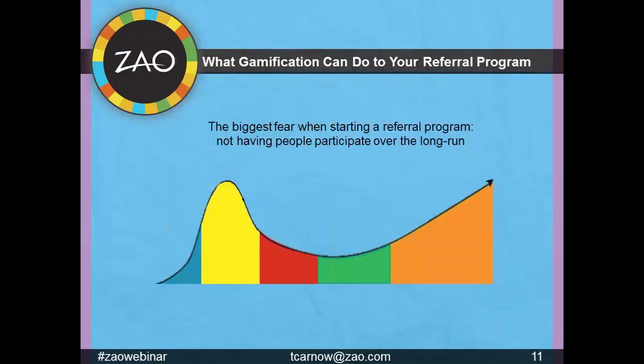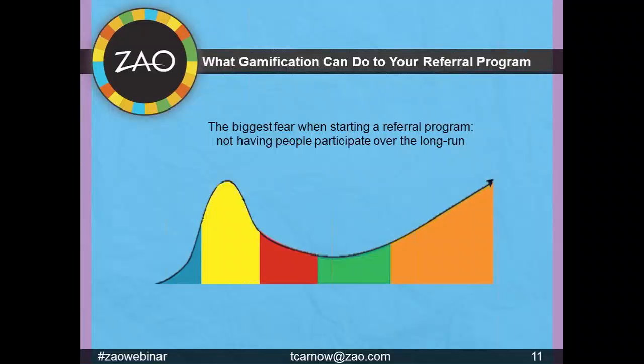So here's a graph, and we're going to see what effects gamification has on employee referral programs. What we're seeing is that typically upon launch, you'll see a high level of engagement, even if you don't use gamification tactics. It's very popular at first, but then very quickly the participation fades out. Gamification is the key to avoiding the big drop-off in engagement. You can see here in the graph there's a dip, and then also a trend upward. With proper use of gamification, you can increase engagement over time, which is critical for long-term success